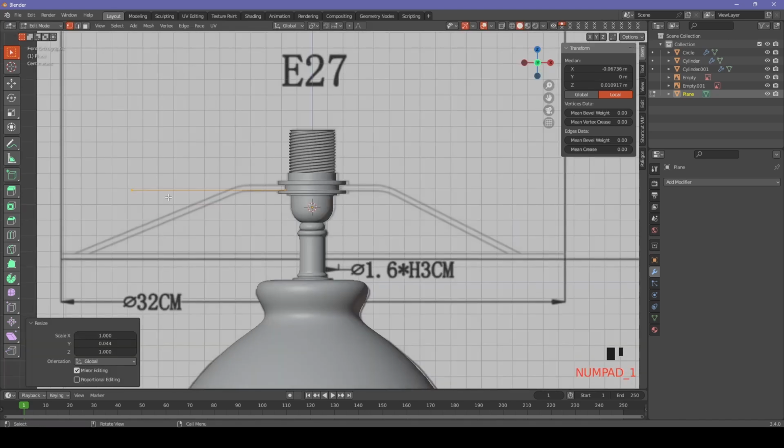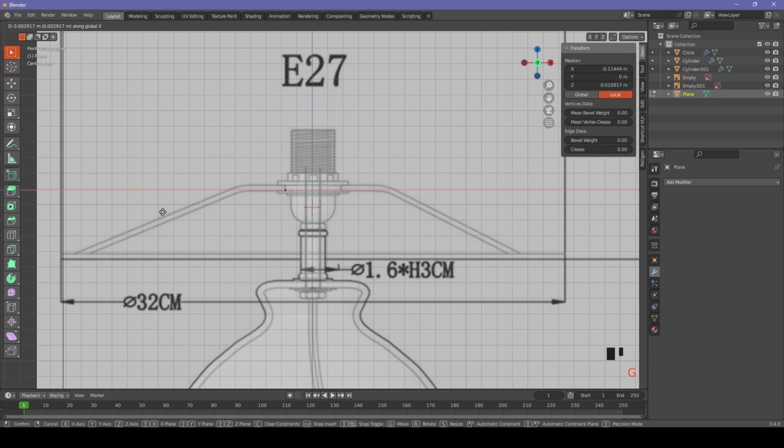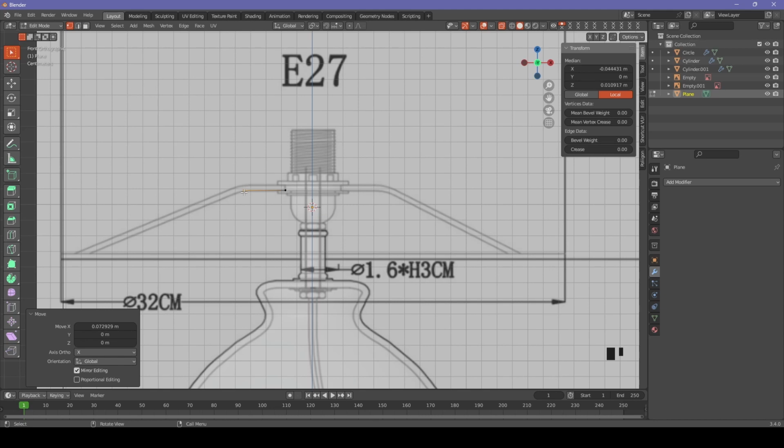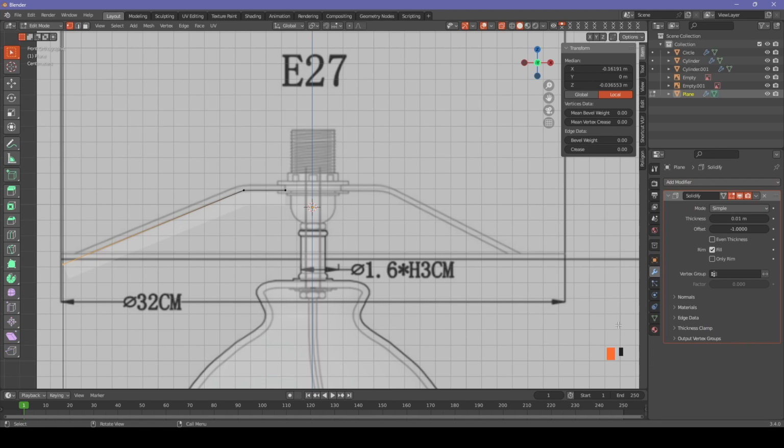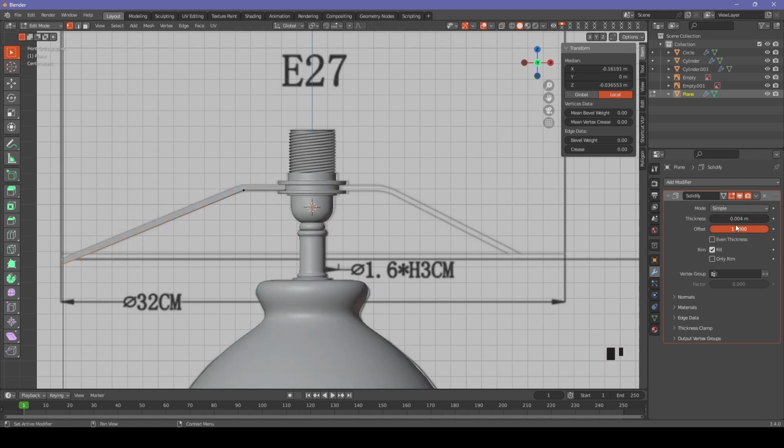Let's go back to front view. Push it back to where the kink is. Now let's extrude that down to follow the line of the blueprint. So now we have the armature. Let's add a solidify, change to offset 1 and change the thickness to 4 millimeters,